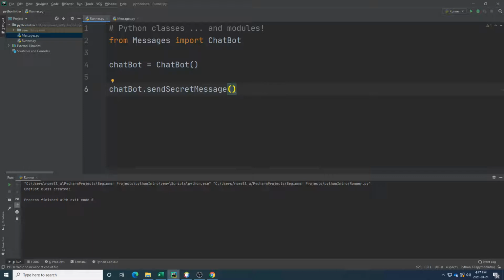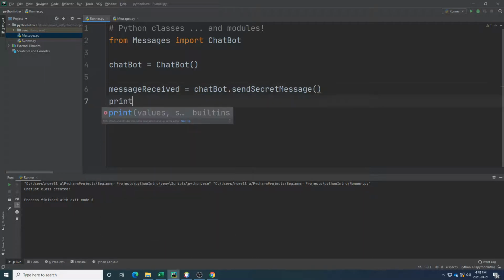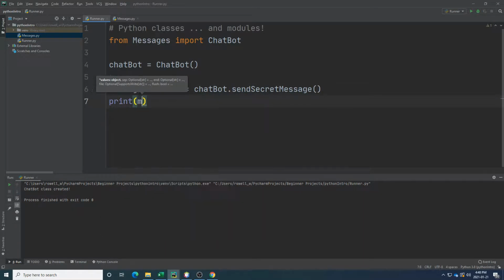The chatbot gets created, but nothing is actually going to pop out, because the return means that me running this is actually sending information back, which I could ignore. I can just choose to not listen or plug my ears, so to say, in this metaphor. But what I can also do is say message received equals whatever the secret message the chatbot said was. And now what I can do is just betray its confidence and just say to everybody what the message was